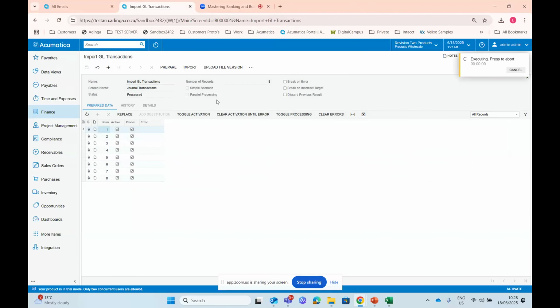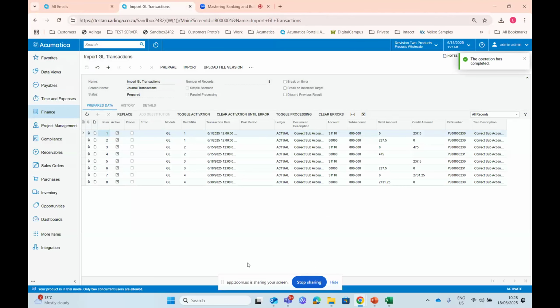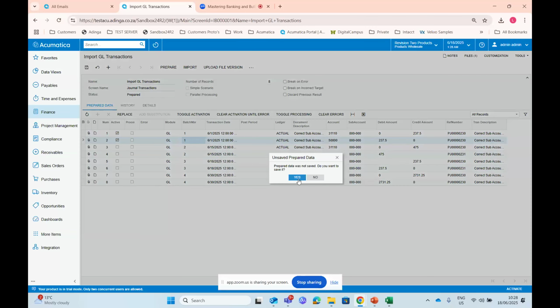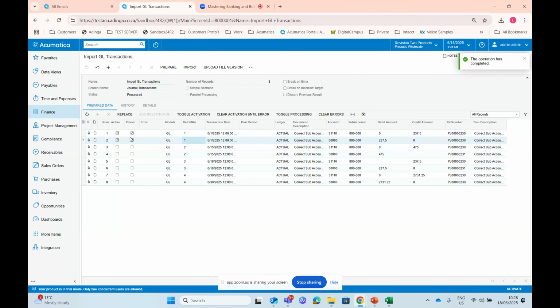And then you can click on prepare, and basically the file you see in front of you should be a match to what is in your Excel. If you want to test it first, say you're not sure that your import is going to work, what I normally do is I toggle activation. I click, say, 2 items because I know the 2 items are one journal. I can see it's one journal, and then I import it. So yes, now it's imported.